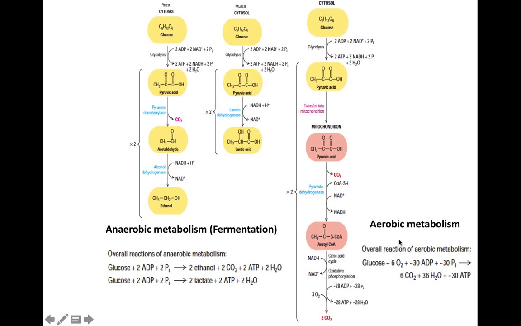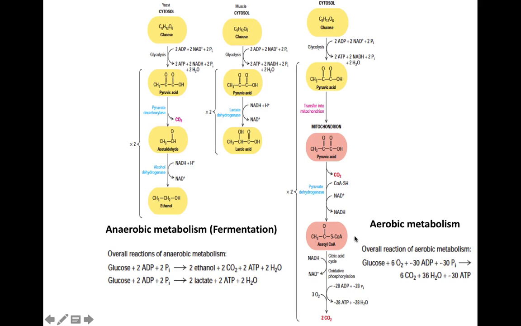So what is the overall reaction of aerobic metabolism? The inputs here are glucose, oxygen, and adenosine diphosphate molecules and inorganic phosphate molecules. So that's the input. Glucose is coming from the food that we consume, oxygen is coming from the air that we breathe in, ADP is coming from the ATP molecules which were consumed and converted into ADP molecules, and then inorganic phosphate. So